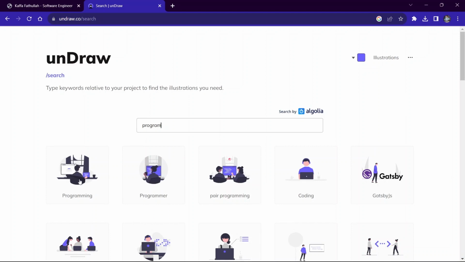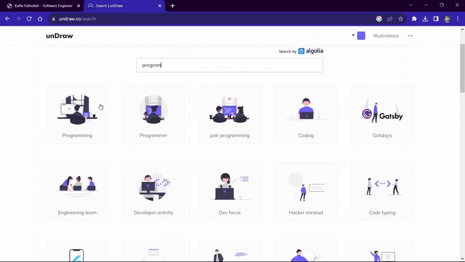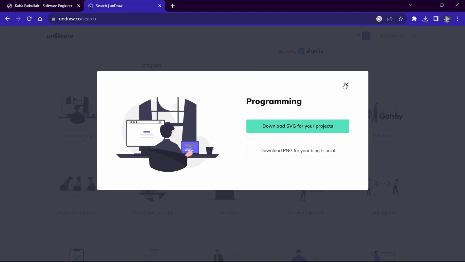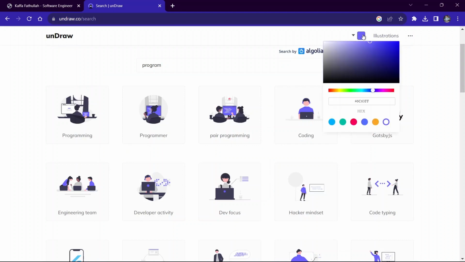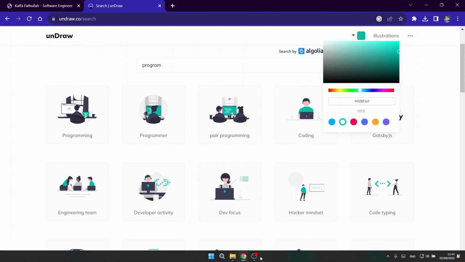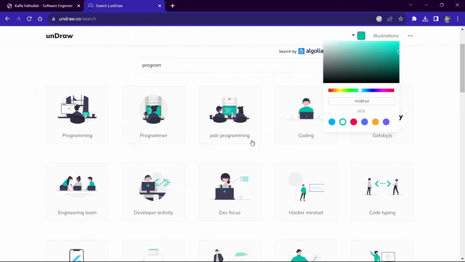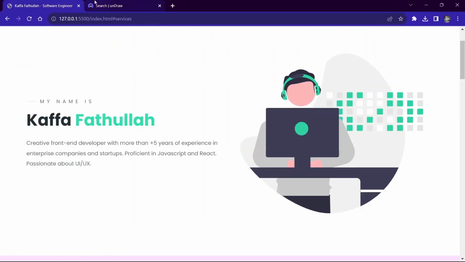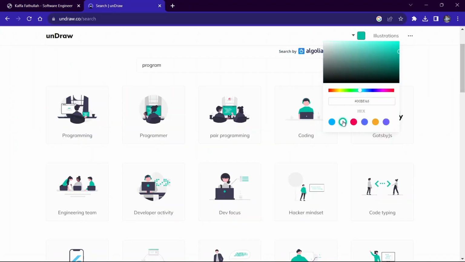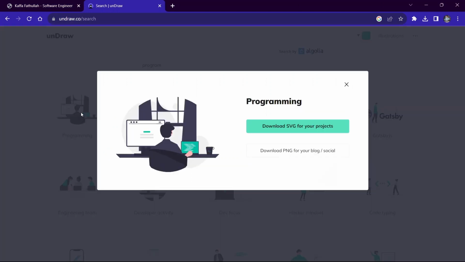So yes, we have it here. Also, if you want the color to be changed, you can change it here. So it is turquoise. My theme is turquoise, so I am gonna use this color,